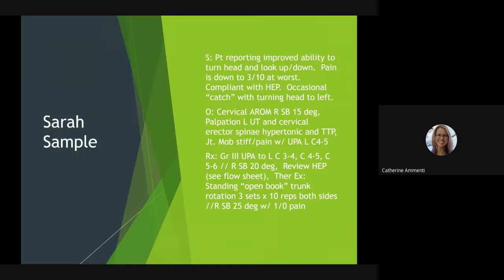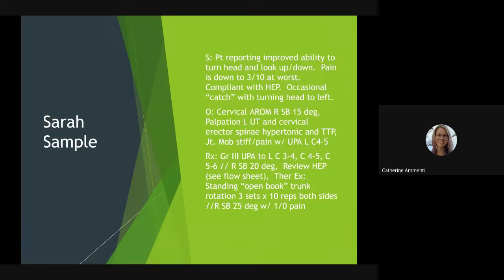Now, they also wrote down that they reviewed the home exercise program, but then they said see flow sheet. So now we're really relying on there being a very detailed flow sheet nearby. And I want you to think about what should be included on that flow sheet for the review of the home exercise program. Finally, they did therapeutic exercise, which I'm assuming they're going to also include on that flow sheet,